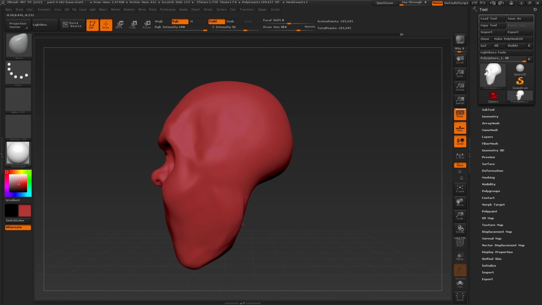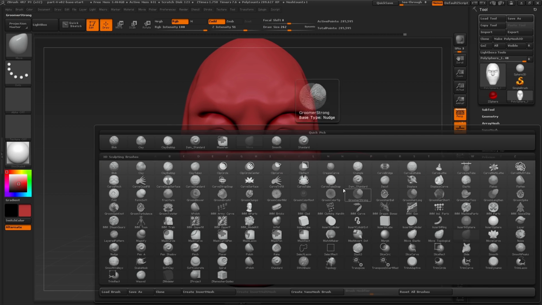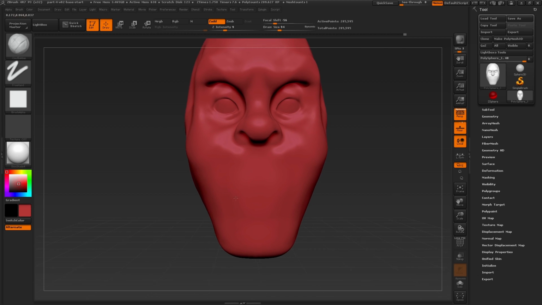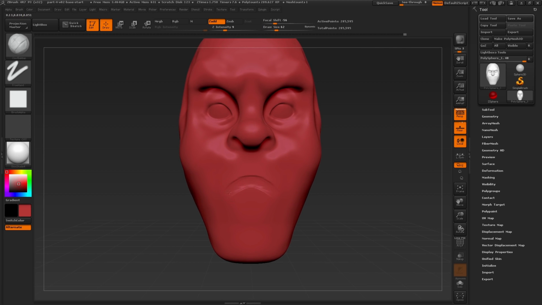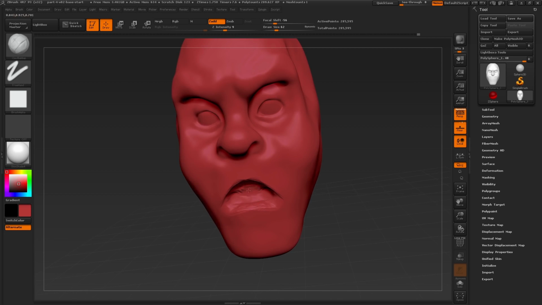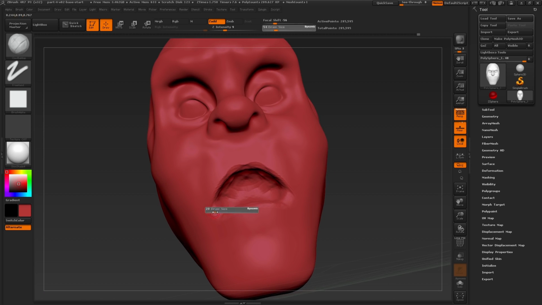So the next one I want to define is the mouth. So I'm going to switch back to the clay buildup, and just as we did with the eyes, we can just quickly go in and press Alt and just start carving in the shape of what the mouth will be. So I'm thinking of doing this as more of an expression character, and I want to give him a shocked or surprised expression maybe. So I'm carving out what would be the inner mouth, just to get some definition and